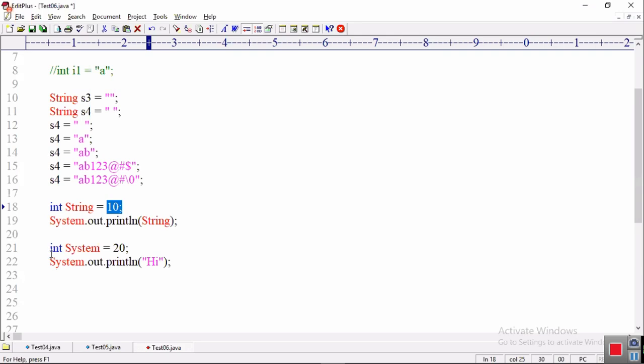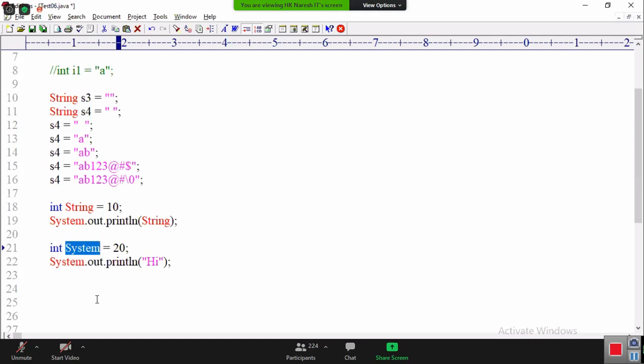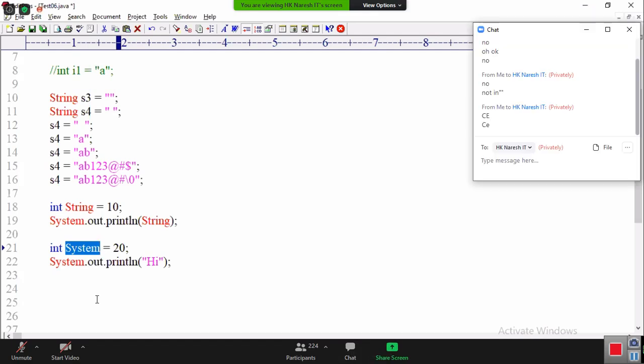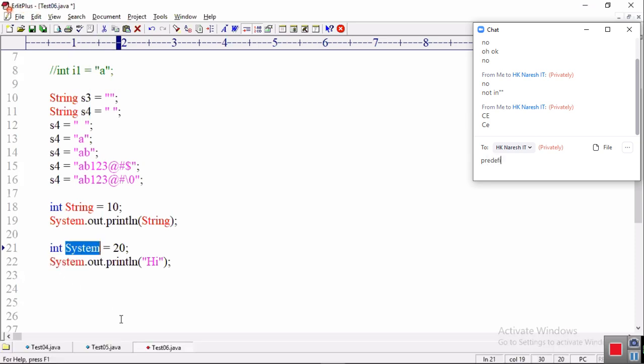Similarly, after this line 21, if I take system, the compiler by default refers to which one? This name system by default refers to whom? The predefined class or the above variable? It refers to the above variable. Then it verifies that system is a variable, and it searches in the variable for the member, but it is not there.